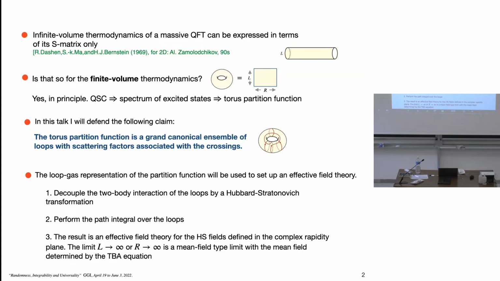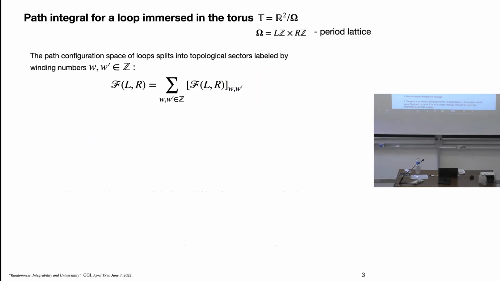In particular, the limit when one of the periods is very large is a kind of mean field theory limit where all the loops, all the cycles in the Feynman diagram technique, disappear. And as a byproduct, this is a proof, not proof, but a derivation of the thermodynamic Bethe Ansatz. I will consider only the simplest theory with one single particle and no bound states, like the sinh-Gordon model.